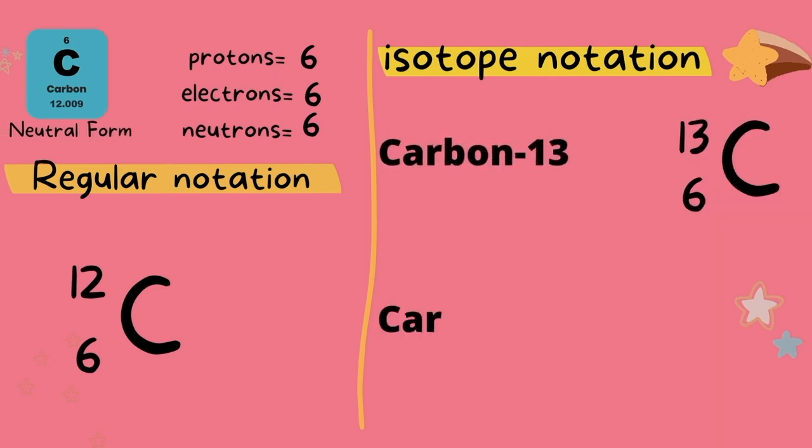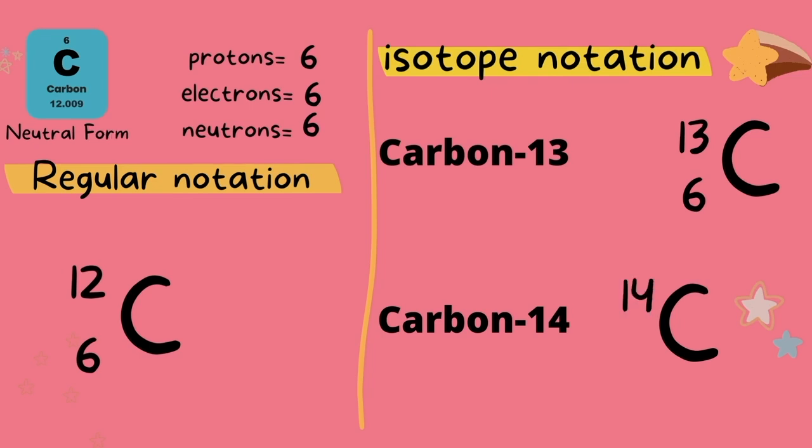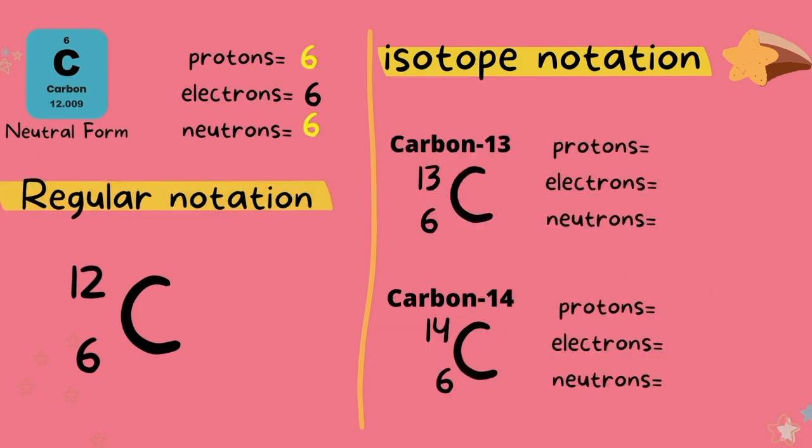Let's look at the isotope carbon-14. We can write it out like this. Right off the bat, we know this carbon has a mass number of 14. We can also write it like this, with the mass number of 14 on top and the atomic number of 6 at the bottom. So looking at the original carbon on the left, the 6 protons and 6 neutrons is what make the mass number 12. So just keep this in mind when we do a count of neutrons and protons of the isotope.